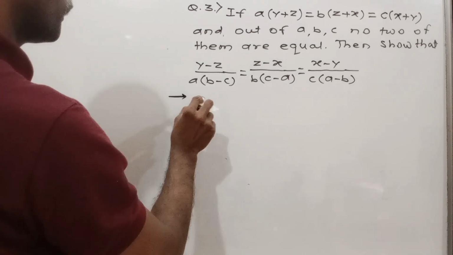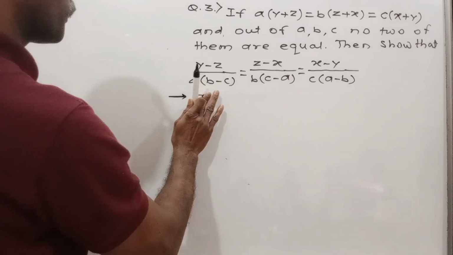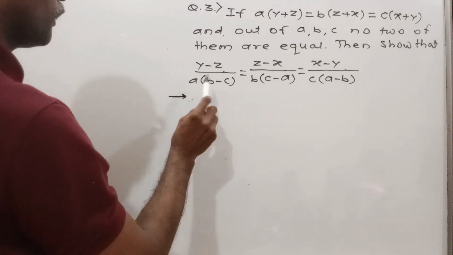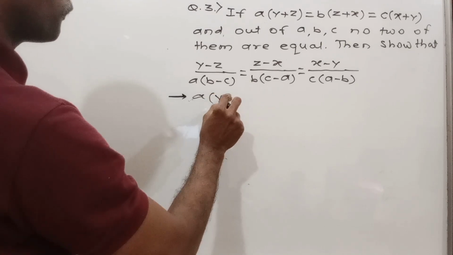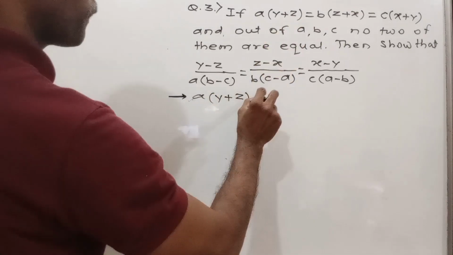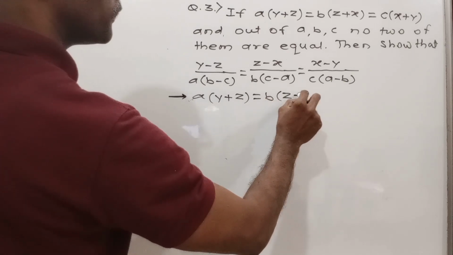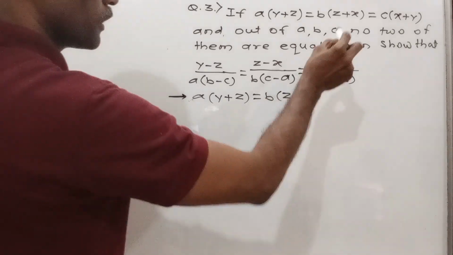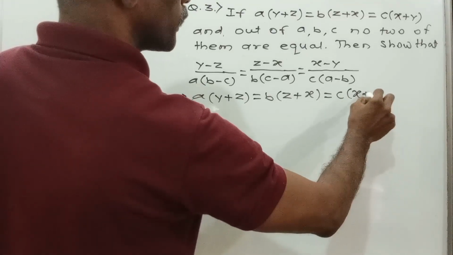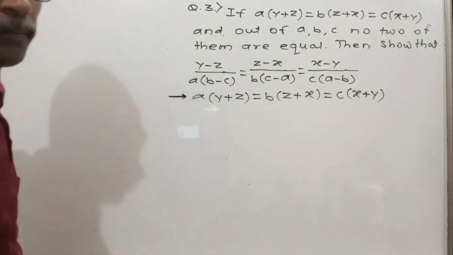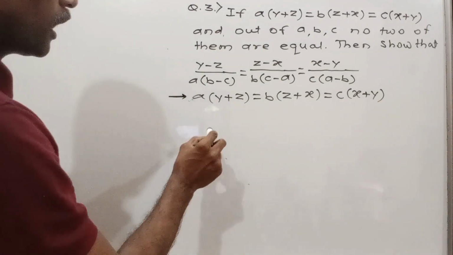a(y + z) = b(z + x) = c(x + y). Now dividing all these three terms by abc,